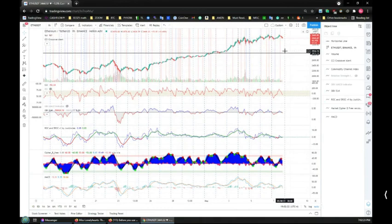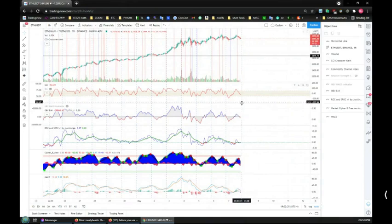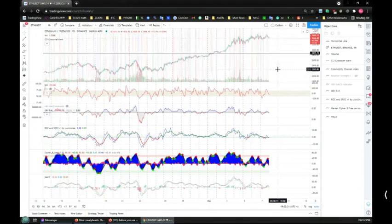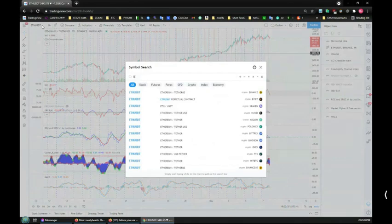Like, I'm really happy because I just bought a whole ETH. Like, finally accumulated enough for one ETH. But I don't know if I should sell it because after such a huge rally, should we experience a correction? There's one more indicator I wanted to show you, but I want to see some different charts first